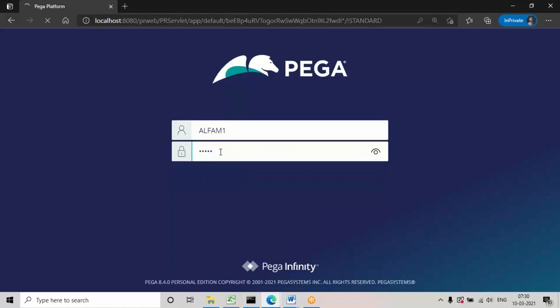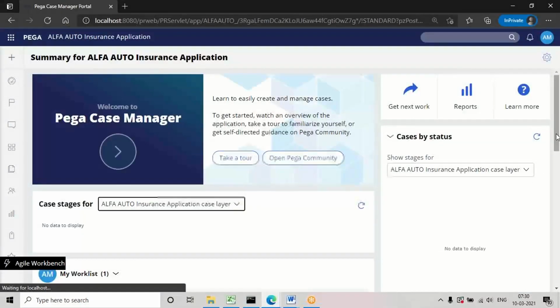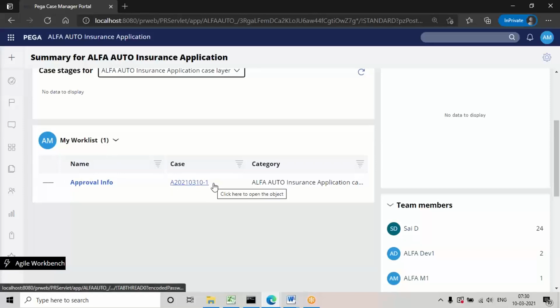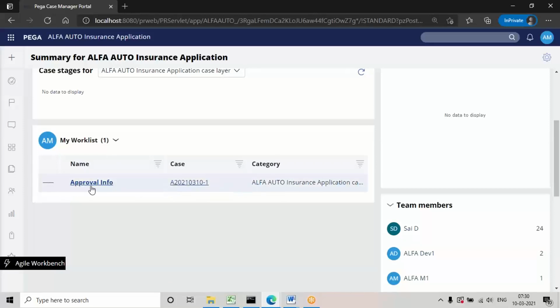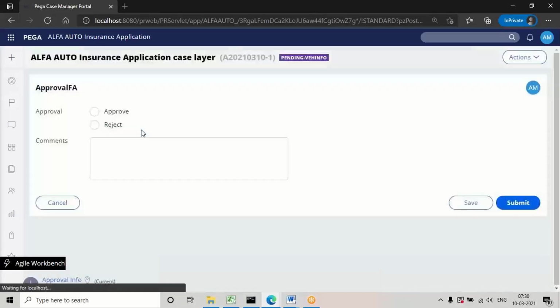See, the task is transferred to this operator. So open this ID and see here, where we can see the operator info or work ID info in the dashboard. If you scroll down, see, this is the approval task, right? So the task is transferred to this operator, so he can open it from his operator and submit this one.